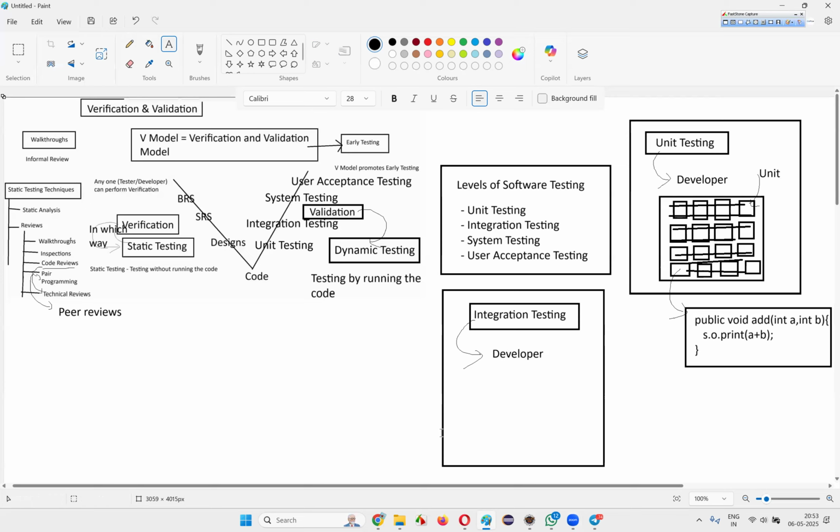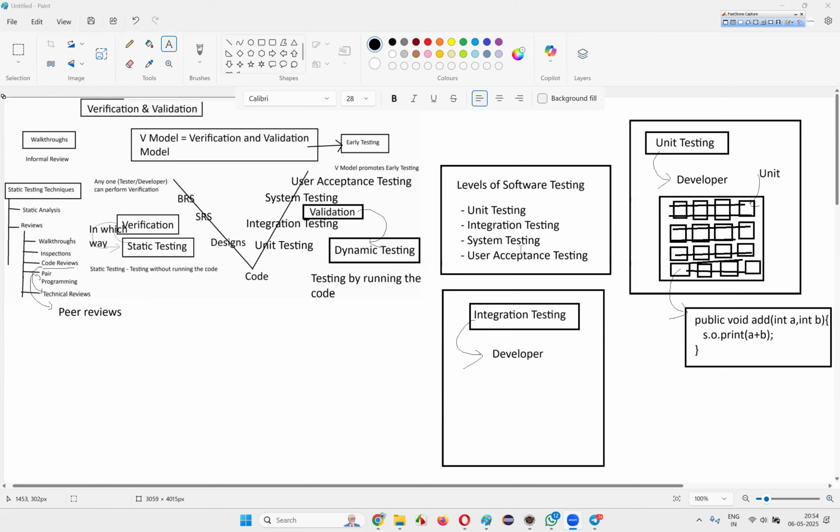Here I'm not only teaching you the V model. You may think that the V model, an SDLC model, is taking time, but I'm not covering just the V model. By keeping the V model in front, I'm covering a lot of testing concepts: verification testing, static testing, validation testing, dynamic testing. Static testing techniques I covered. Now I'm covering